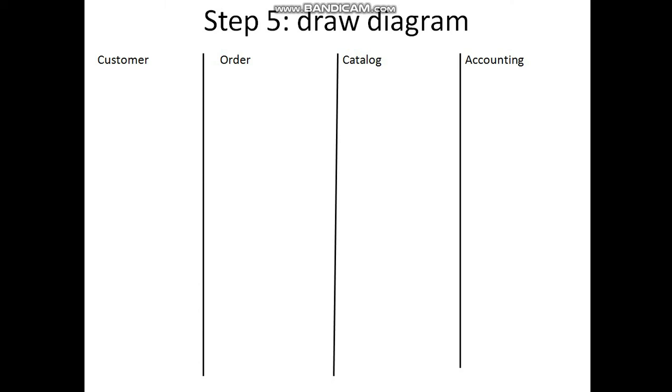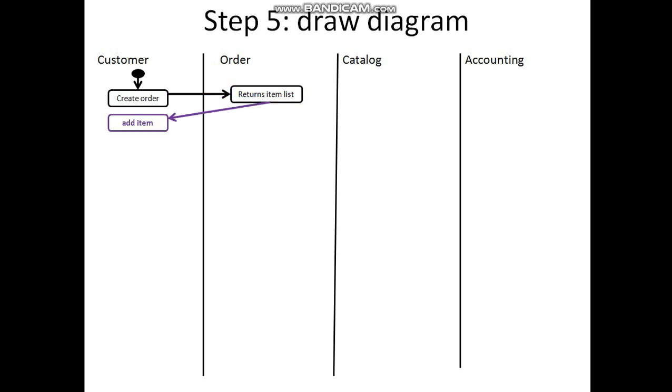According to our previous findings, we know our activity diagram must contain activities done by the customer, system, catalog unit and accounting unit. Because of that, I made 4 swim lanes using lines. The working flow starts with the customer. That means the filled circle comes under customer. With that, we have the create order activity. The next activity is return item list. It is done by the order system. You can see here I put it under the order swim lane, and an arrow shows the working sequence of each activity.